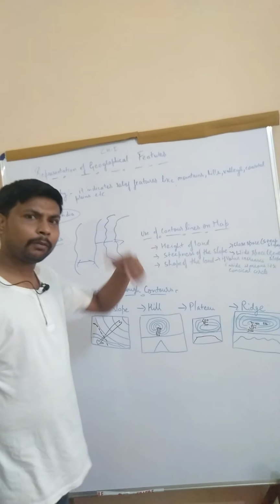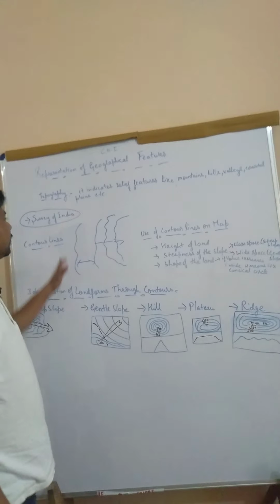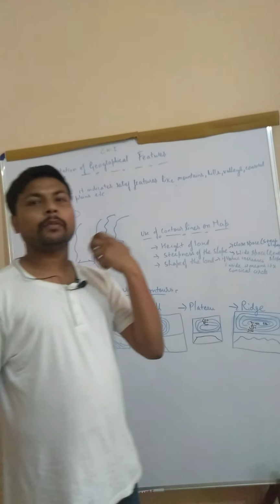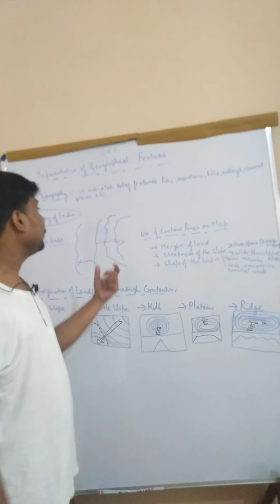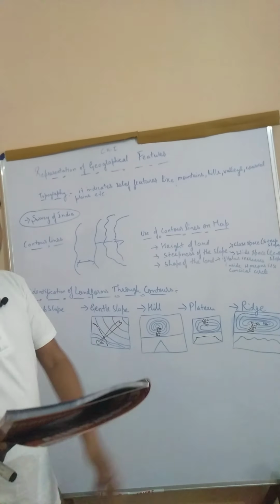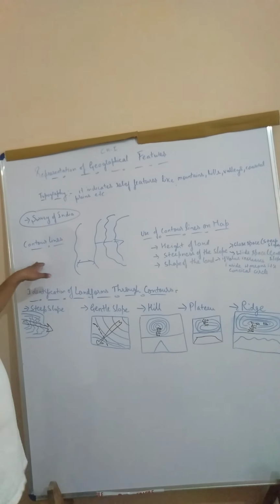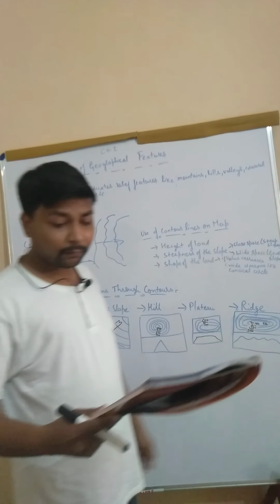In a topographic map we draw these imaginary lines so that we can know what type of relief features is available at a particular place, right? These imaginary lines are basically drawn with the brown color, and the contour lines have a contour interval between them. You can see here there are different types of contour lines I have drawn. There is a vast difference between those lines. Some are drawn like this, that I will show you in detail later on.